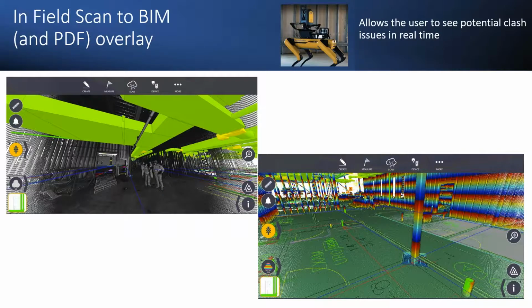Some of the other great use cases are scan to BIM field overlays. This is relatively new within about the past year, where we can actually take, if you'll see in the lower right-hand side, you'll see a PDF. So we're able to scan against a scaled PDF. So what we've done is we've gone in and geo-referenced the scanner, scanned against it,